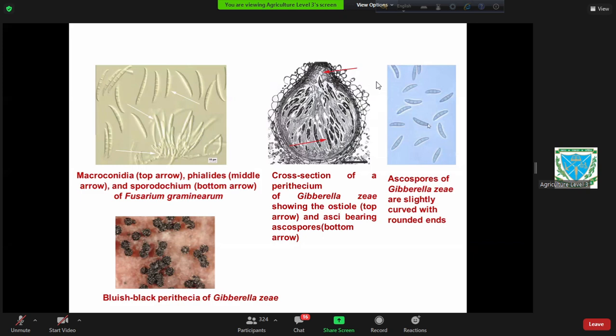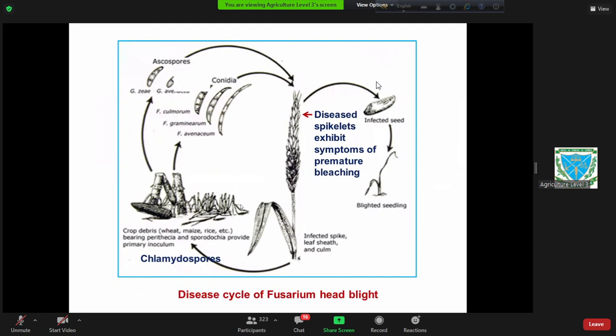You see the ascospore, and you see the perithecial structure. If you cross section this perithecia, you will see this type of structure, and inside the perithecia, you will see the ascospore. But at the asexual stage, you can see this macro and microconidia. Now the question is how this pathogen